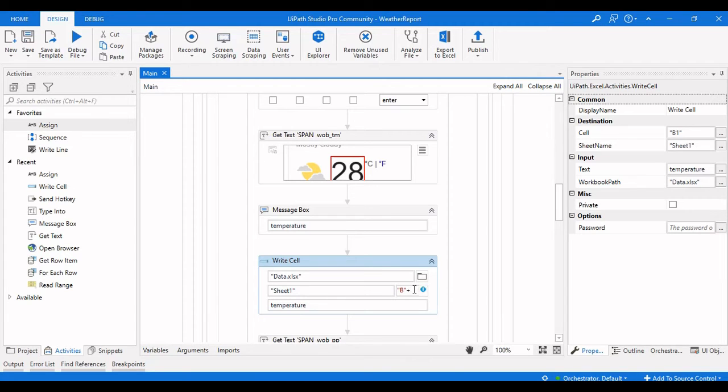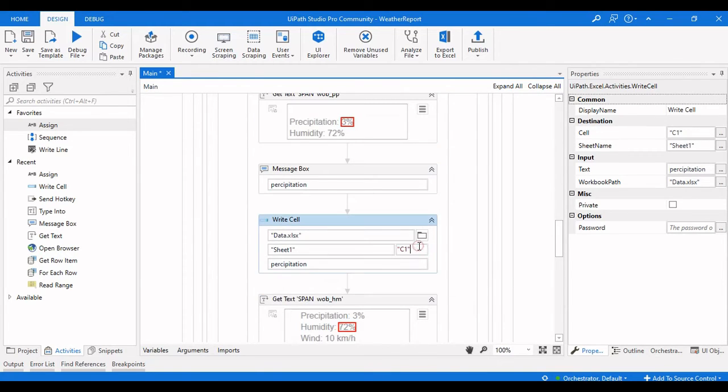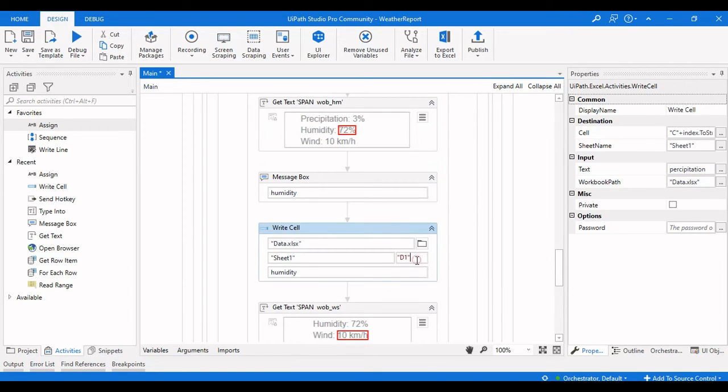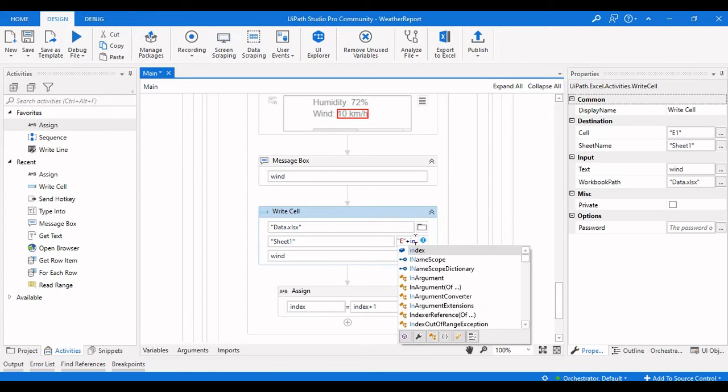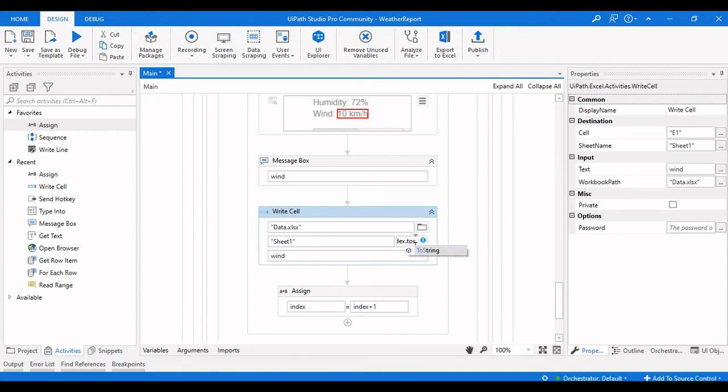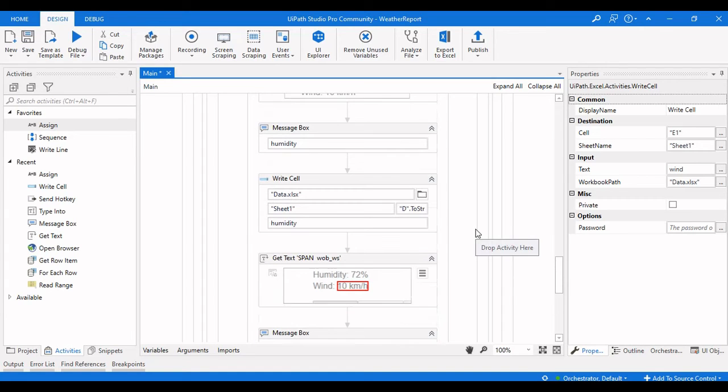So we will use plus index dot toString, and the same here, plus index dot toString, and here as well dot toString, and the one down here plus index dot toString.